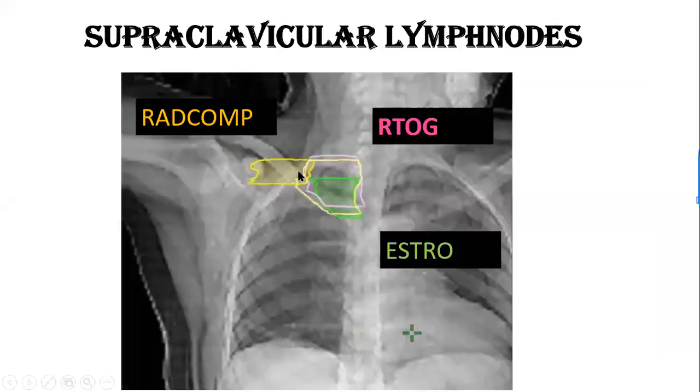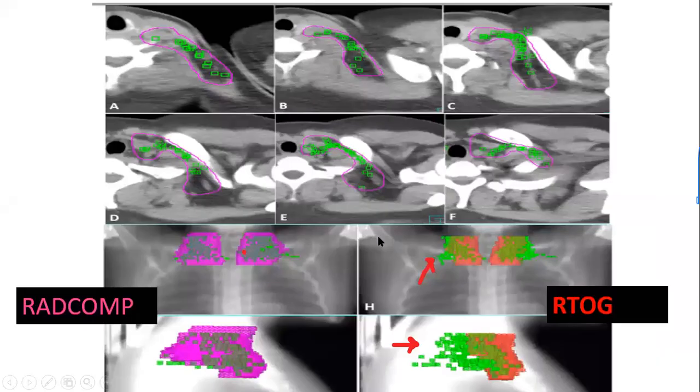So here we can see that the posterior lateral region is addressed. However, we are still left with this area superior to the cricoid cartilage, which is not addressed by any of the three guidelines. Here, the violet one is the RADCOMP guidelines. Ideally our RTOG border ends up here. But there are recurrences in this area, the posterior lateral region. So if we take our contour with the RADCOMP guidelines, we can include these areas of loco-regional relapse. So here we can see this is the posterior lateral.